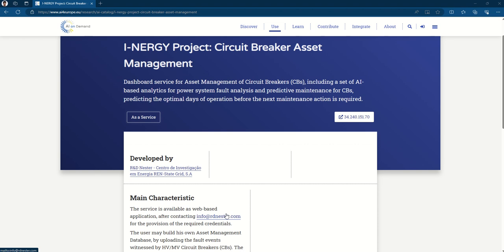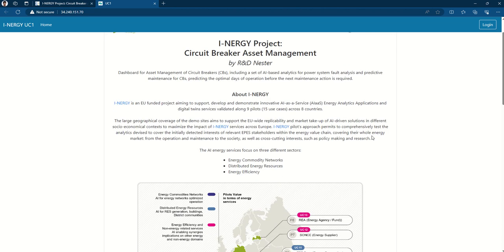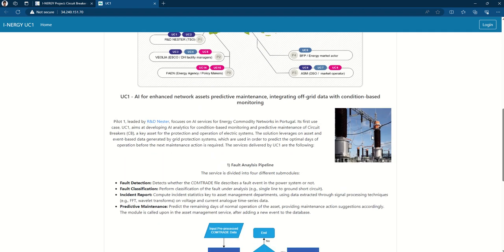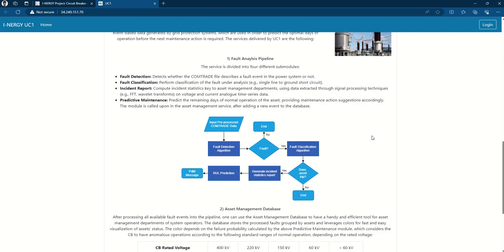Then, by clicking on this link, you will be directed to the homepage, which includes a brief description of the I-NERGY project and of its use case 1. Then the service is also described in detail and broken down into the fault analysis pipeline and the asset management